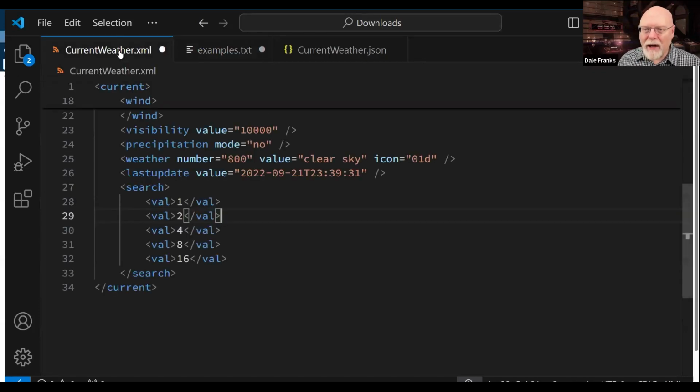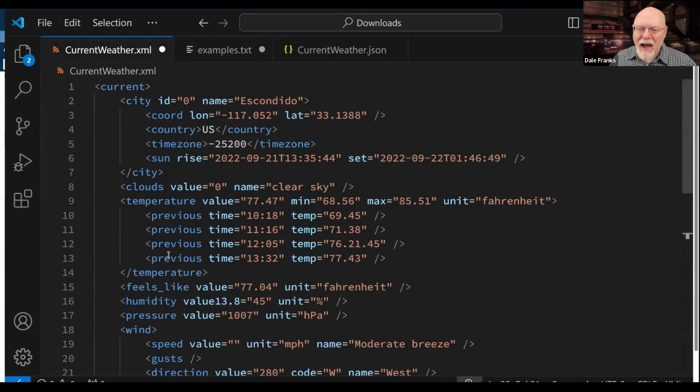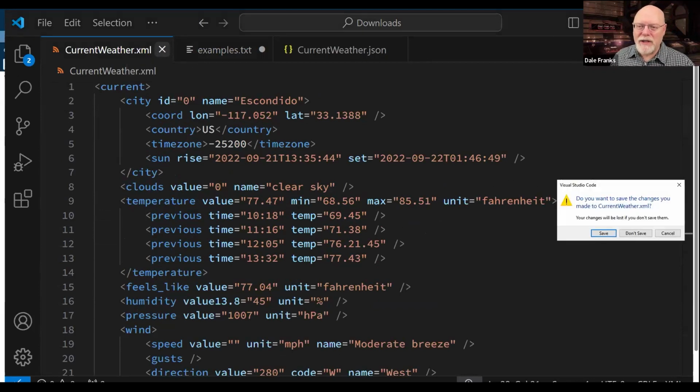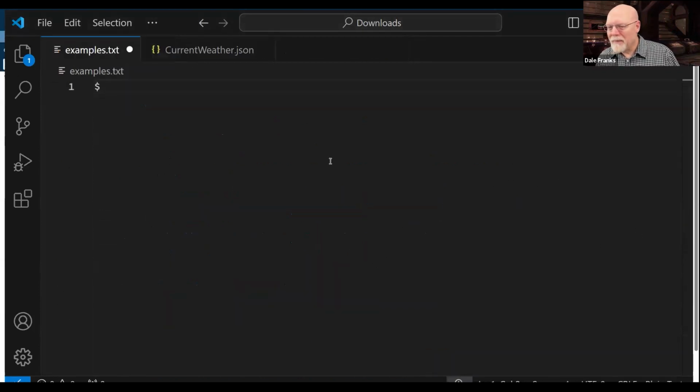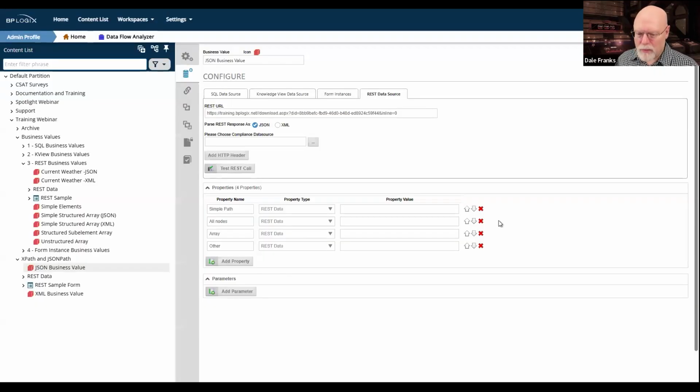Now, navigating through the XML, like I said, is simple because everything has a name. Yeah, well, that's the last time we're going to see that today, because now we're working in JSON where everything doesn't have a name. Now, earlier, I had indicated that, ooh, that's not what I wanted to do.